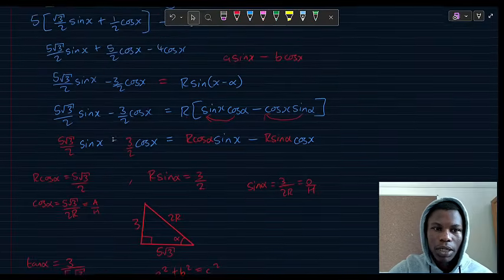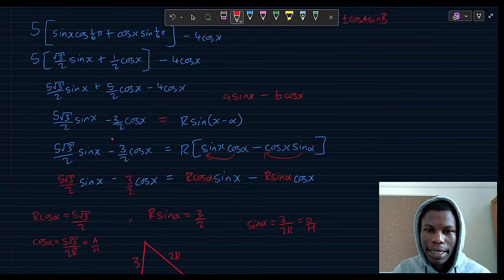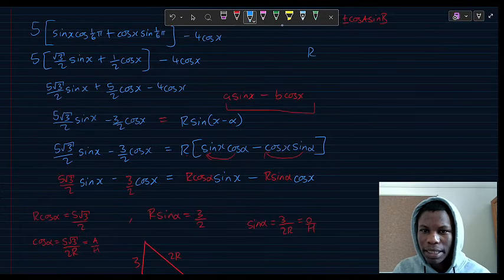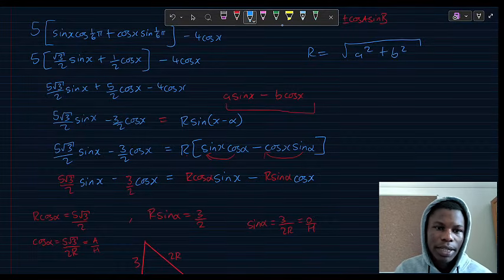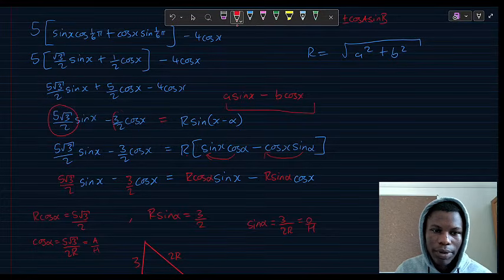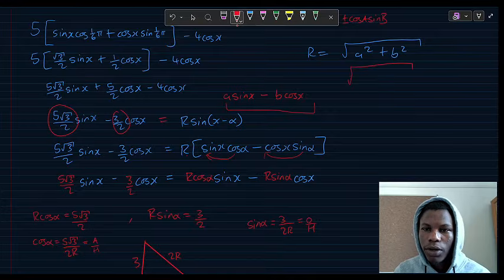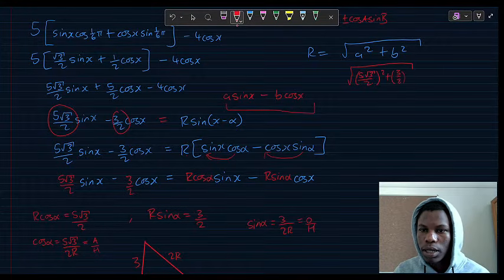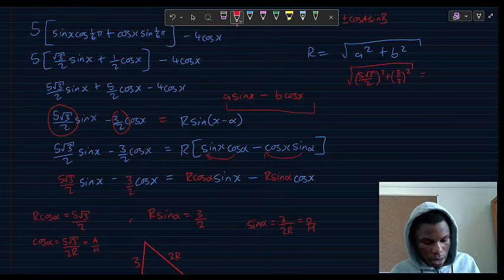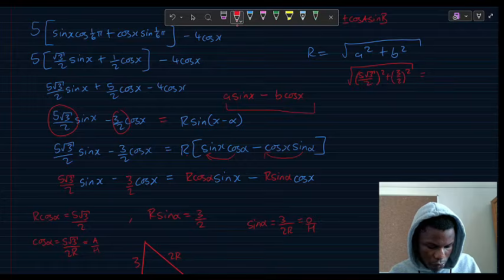But r, once you have it in the form a sine x minus b cos x, r is always going to be the same. R is easy. R is always going to be the square root of a squared plus b squared. So in our case, r is always going to be the square root of this squared plus this squared. So square root of 5 root 3 over 2 squared plus 3 over 2 squared,